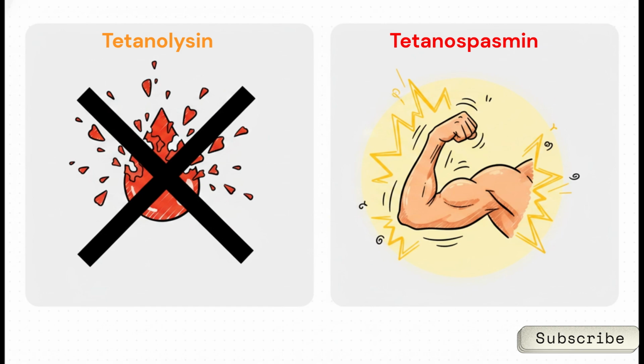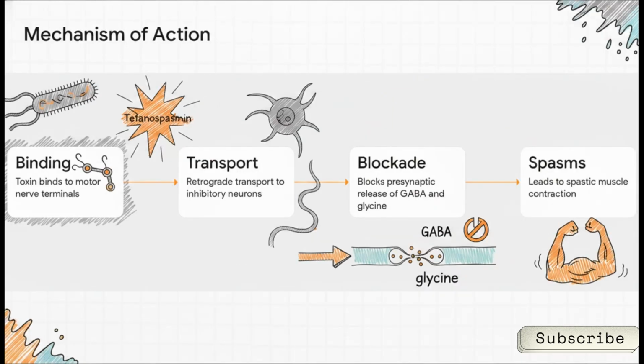The real troublemaker is Tetanospasmin. S is for spasms. This is the plasmid-coded neurotoxin that causes the actual severe spastic disease. All of our clinical focus is entirely on tetanospasmin. Now, if you get a short answer question on the mechanism of action, you're going to want to reproduce this